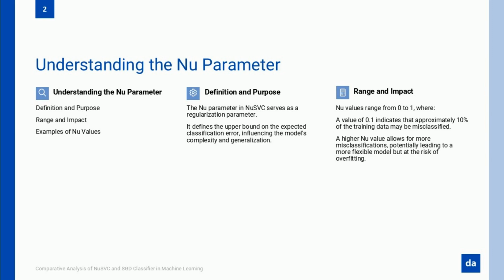And the range of nu, it's as intuitive as it gets, 0 to 1. Yet within that simple range lies an enormous amount of flexibility. A 0.1 nu value gives you up to 10% misclassification, while a 0.5 value allows for 50%. But here's the real power. You get to decide. The model adjusts to your specific needs, whether you're tackling a noisy dataset, dealing with imbalanced classes, or searching for the perfect balance of flexibility and precision.